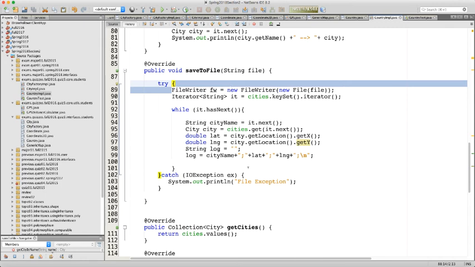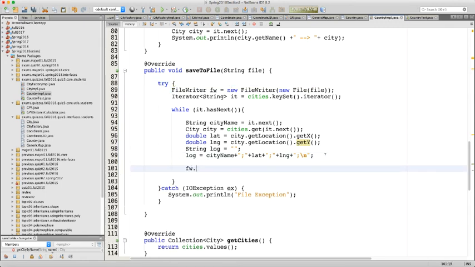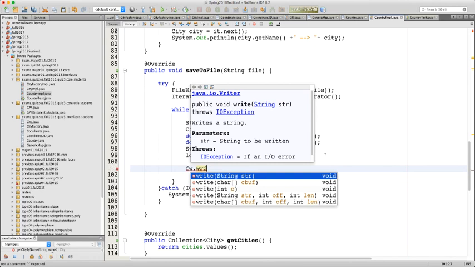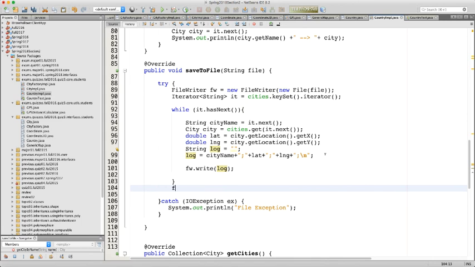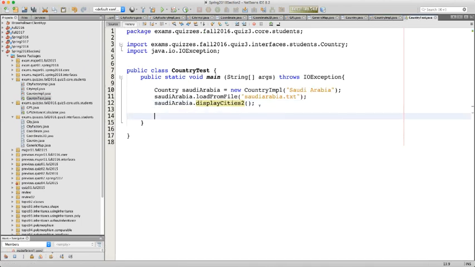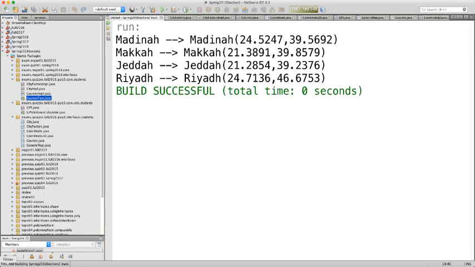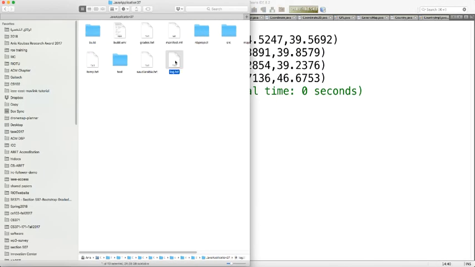So we are FW here. When we finish the log, what we do? FW dot write log. And when we finish after the while, we do FW dot close. So now we have everything in place. We can just try to run save to file. Let me call it log.txt. I can execute, and then I can open log.txt, and I can find